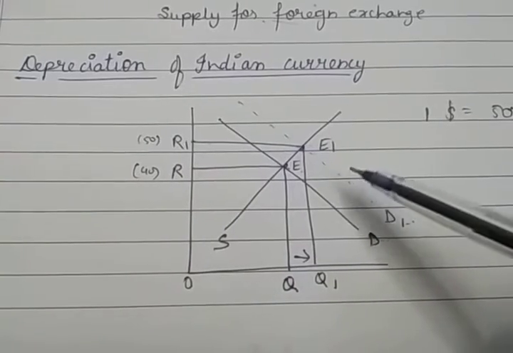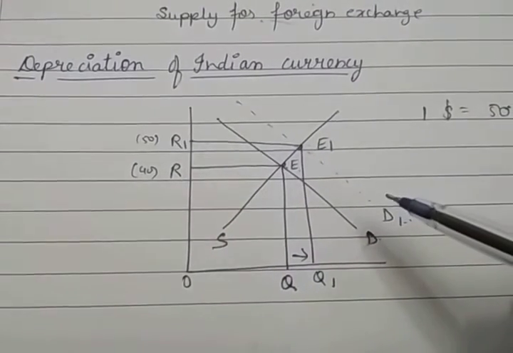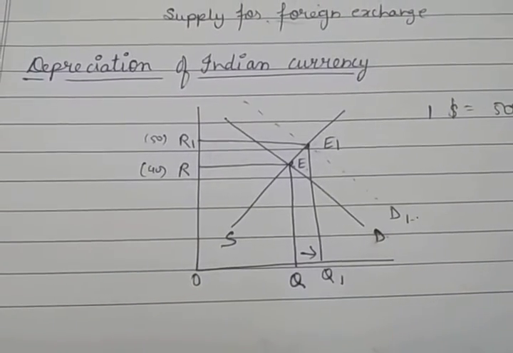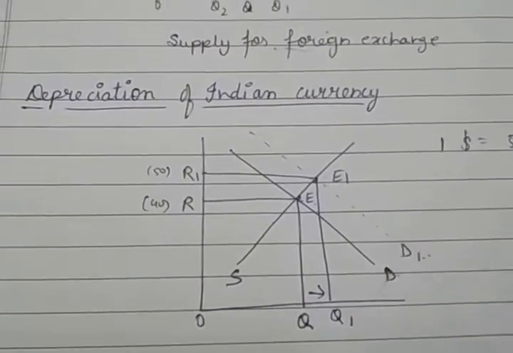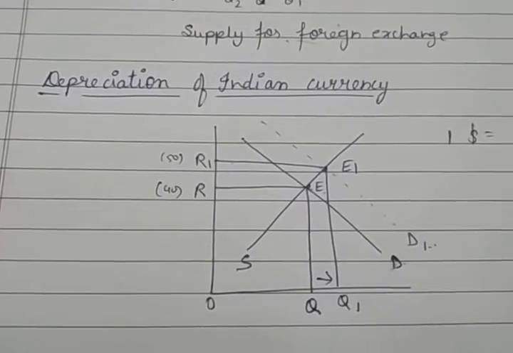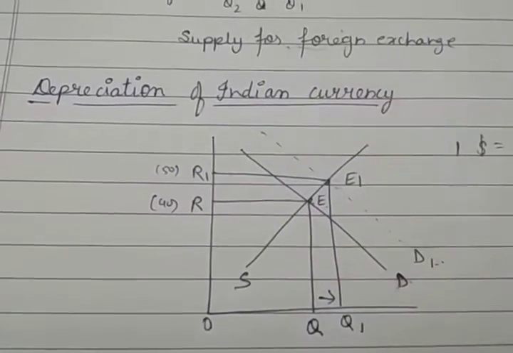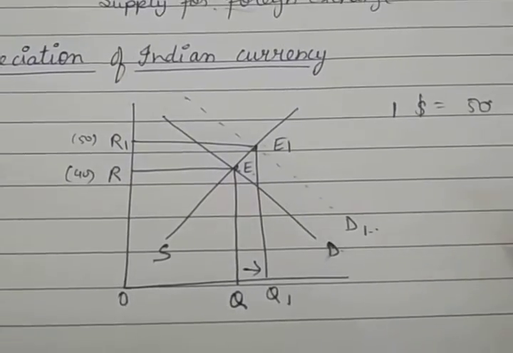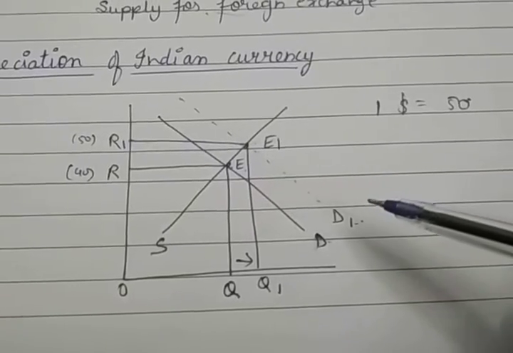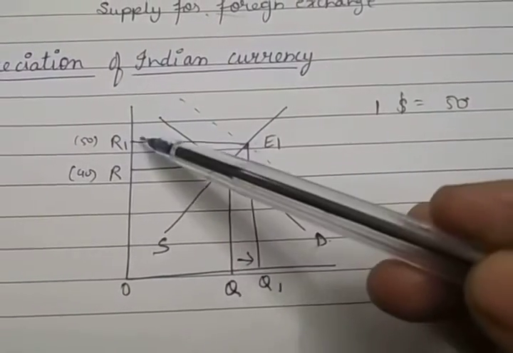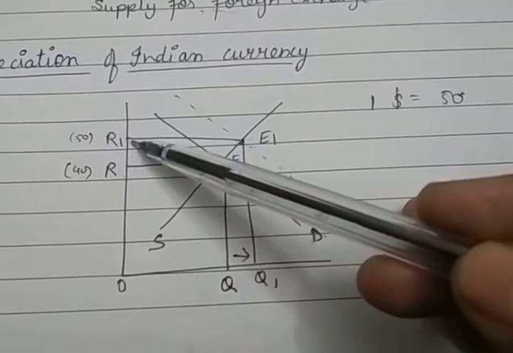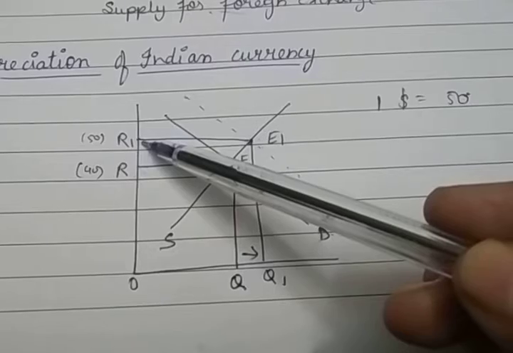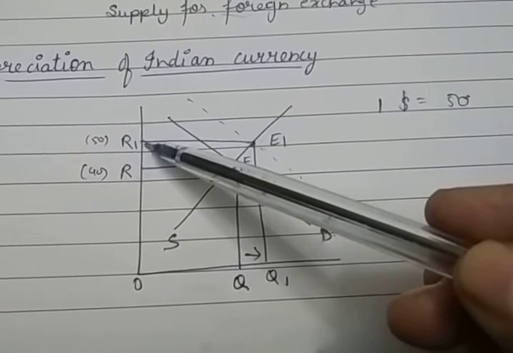So this depreciation of a currency means a fall in its value in terms of another foreign currency. That means the domestic currency is relatively less valuable. Now, what will be the effect of depreciation of domestic currency on exports? See, depreciation of domestic currency means a fall in the price of a domestic currency, right? If the rate of exchange increases from 40 to 50, that means it is depreciation, or it shows a fall in the price of a domestic currency in terms of a foreign currency.